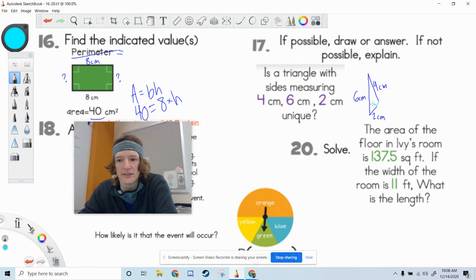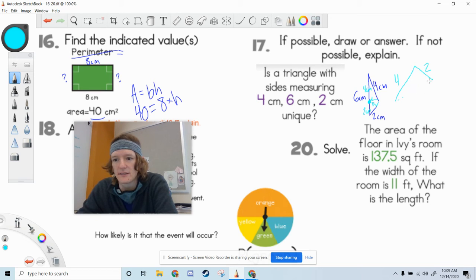Let's imagine that this side, we moved it to here. So there's our 2 centimeters. We're going to move it to the left and put it straight up and down. And this 4 centimeter one, we're going to move over. This is our 4 centimeter. So think about that. We've got a line that's 4 centimeters and a line that's 2 centimeters, and we're going to try and make a triangle out of that. So if this is 4 and this is 2,